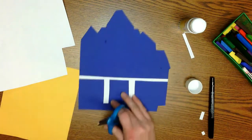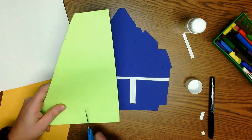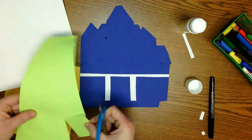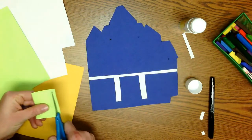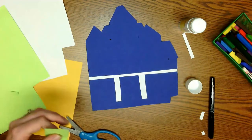For my front door, I'm using green paper, and I am going to kind of eye up how big my door is going to be, and I'm going to cut a rectangle. Cut out my rectangle, and yeah, that's about a good size. I'm going to maybe make it a little bit skinnier. And then I am going to take a look at